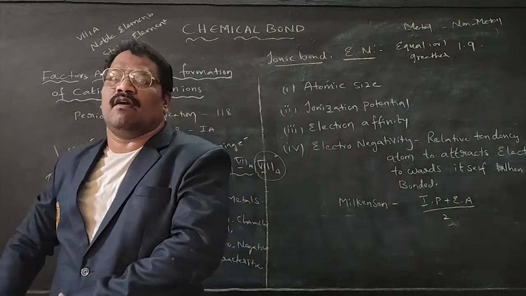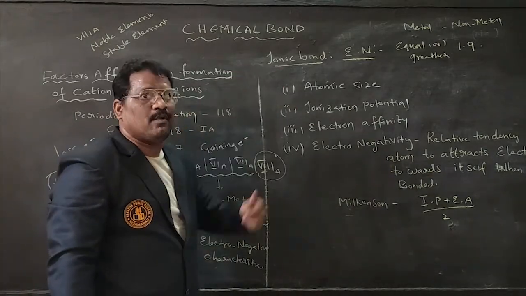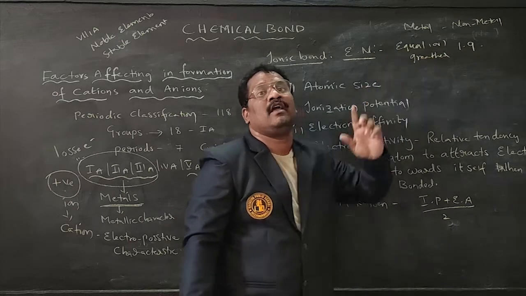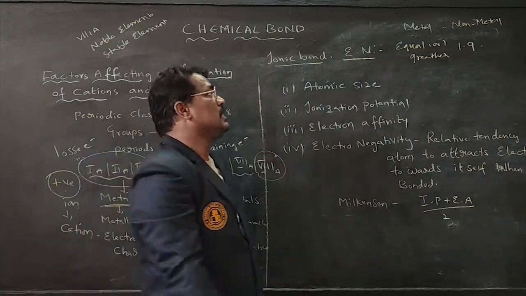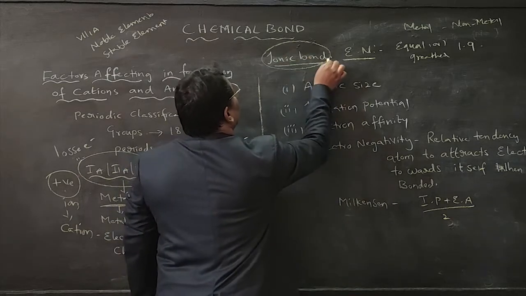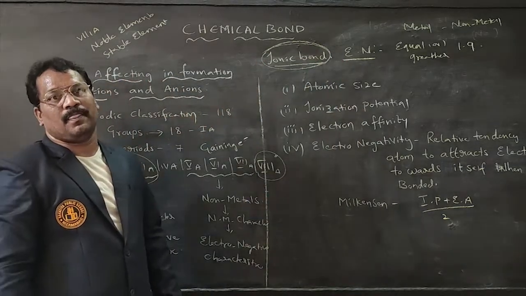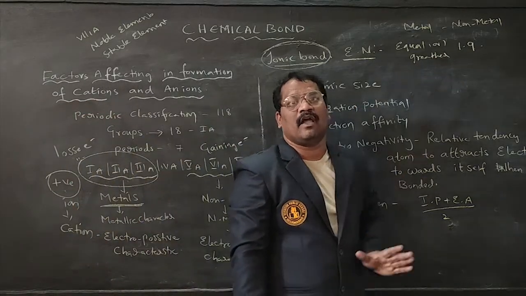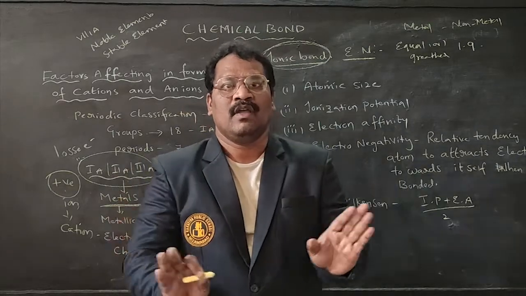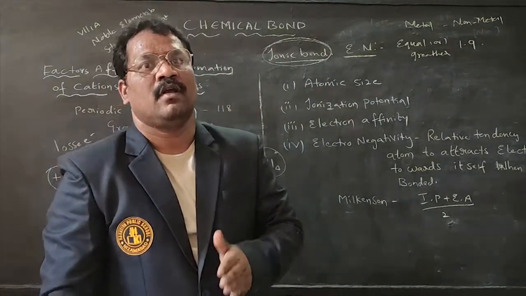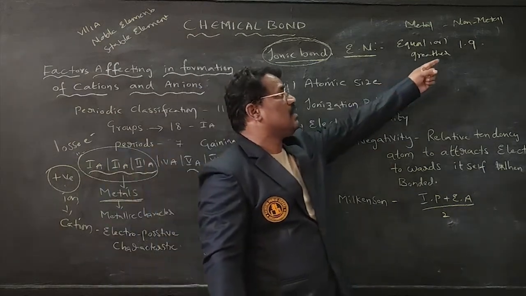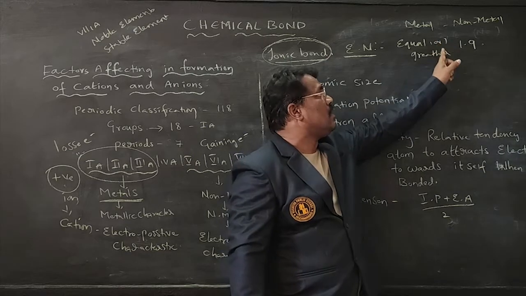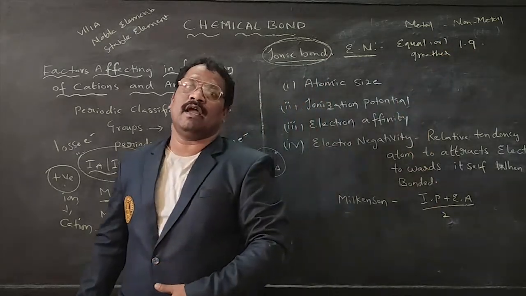If the electronegativity difference between the elements of a compound is equal to or greater than 1.9, then a bond will form. That bond is called an ionic bond. If it is less than 1.9, will it form an ionic bond? No, it won't. To form an ionic bond, it is compulsory that the electronegativity difference of the two elements forming the bond be equal to or greater than 1.9